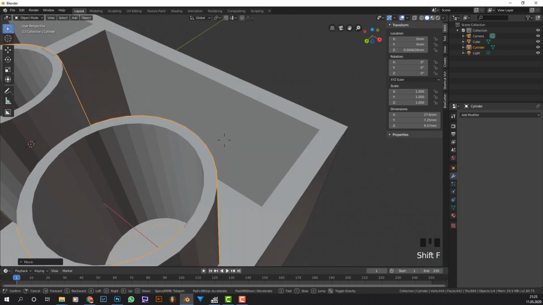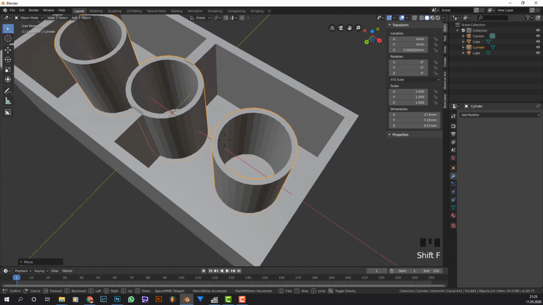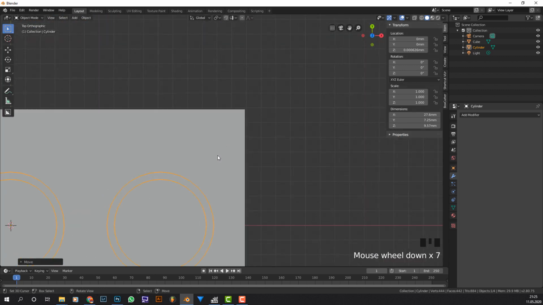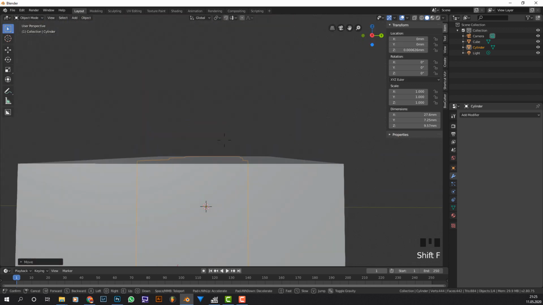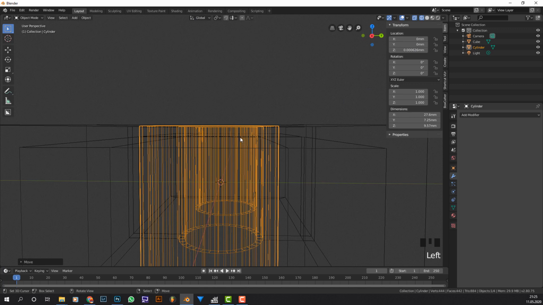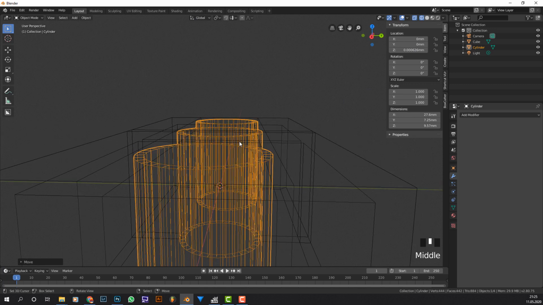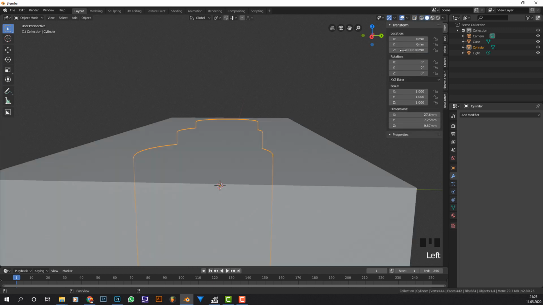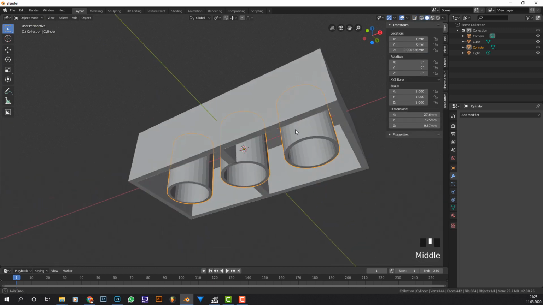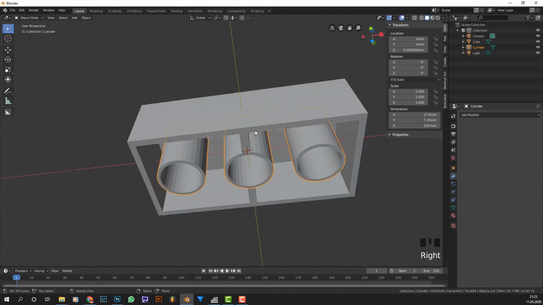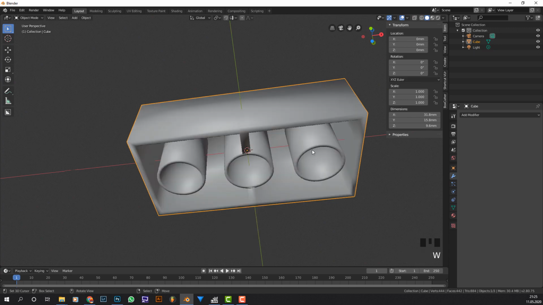Yeah, like that. So basically what we're going to do now is we're going to make sure this is not intersecting, because if it is, we have to bring it down, but as it seems, it's actually... is it intersecting? I don't think so. So that is good. Now what we're going to do is add in the cylinders on the top. We can just select these ones and this, press Ctrl J, so they're one object, shade smooth, and we're going